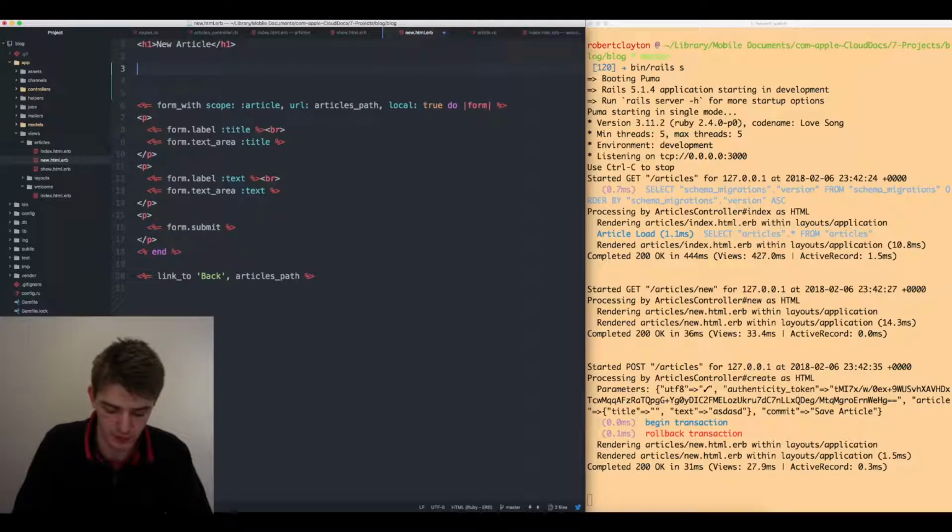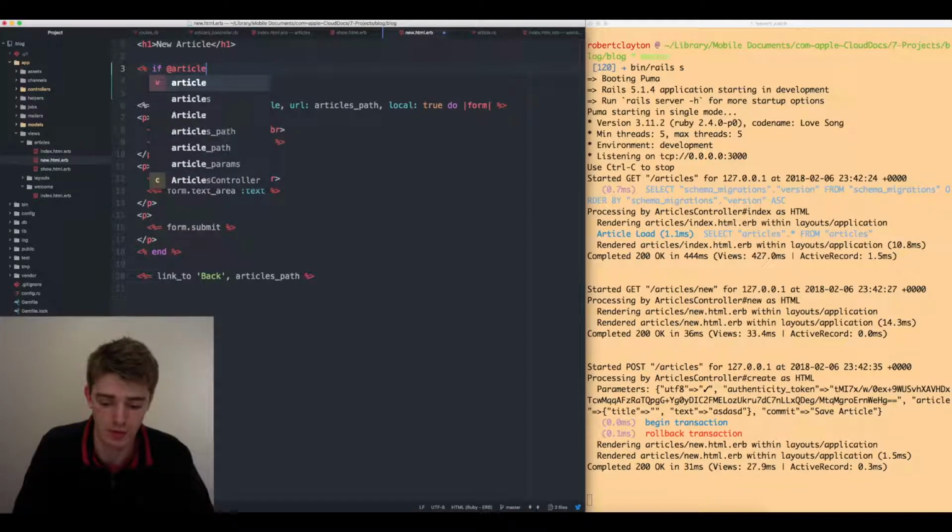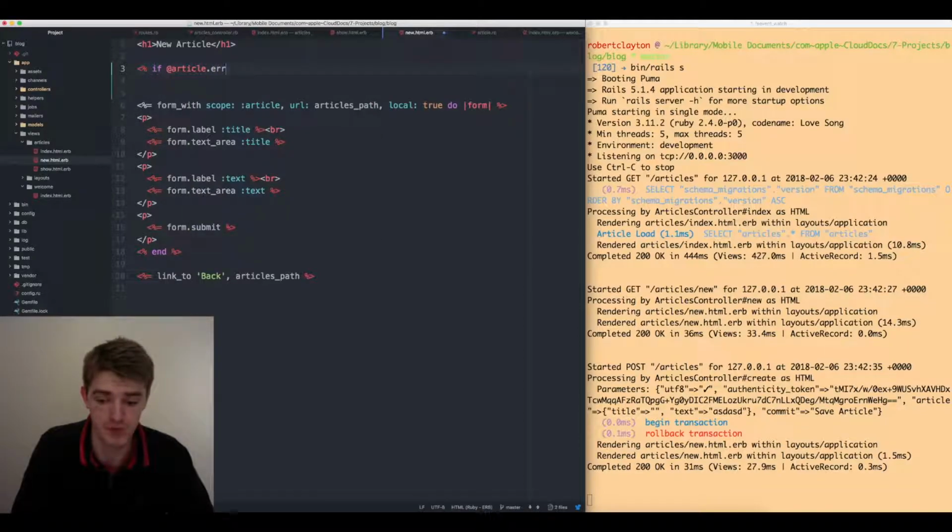And let's just go. Let's open up our Ruby. And let's go if article.errors. Once again, we are inheriting this from previous classes, so we don't need to worry about that. .any? So if that comes back as true, if there are errors,